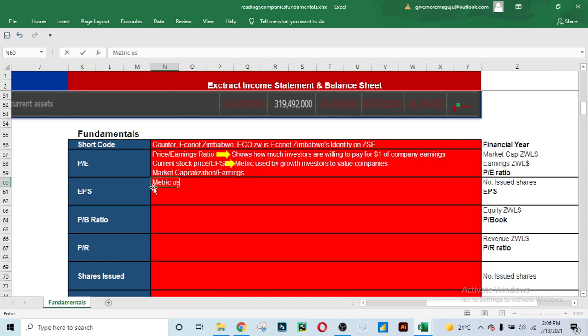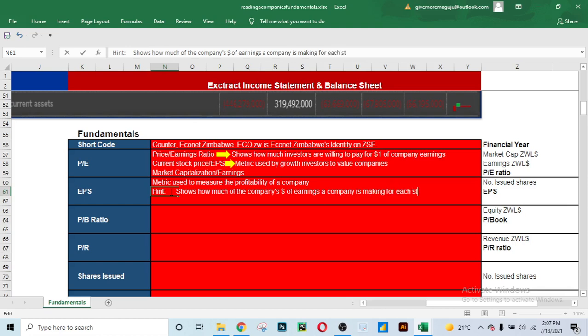So as I said, it's a metric that is used to measure the profitability of a company, right? And here I've got a hint for you. So the hint is the EPS shows how much of the company's dollar of earnings a company is making for each stock owned. Okay,